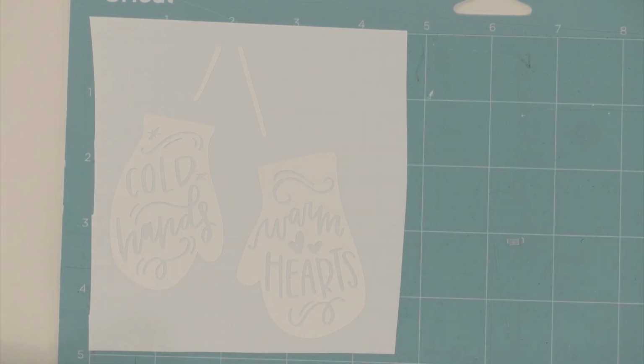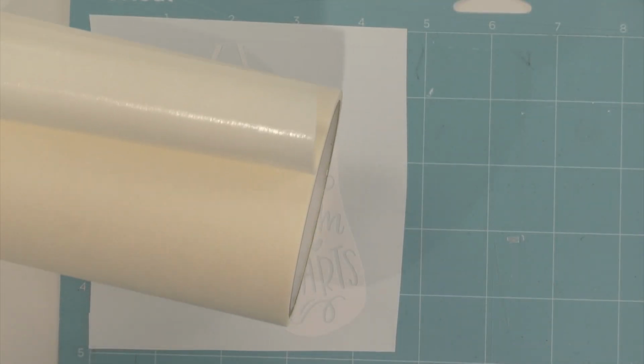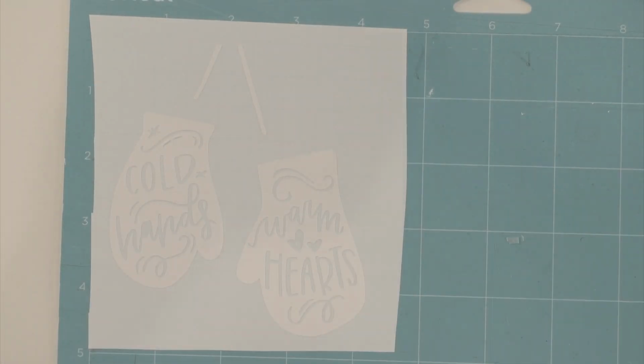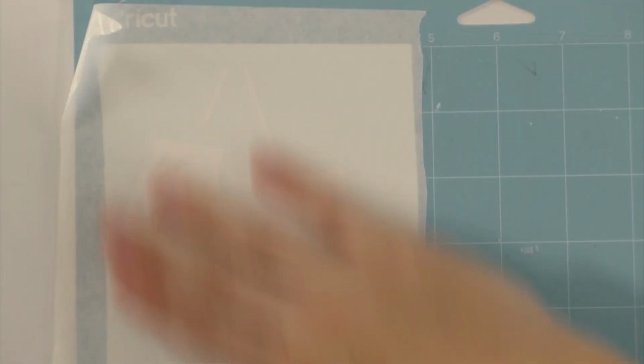And now what we're going to do is I've got my masking paper transfer tape. I'm going to cut off a little bit that got kind of fuzzy because that's not going to help us stick very well there. I'm going to cut off a little piece here, and I'm going to lay it down on our project. Go ahead and burnish that with your hands a little bit. And then I always flip it over and go with gravity when I pick things like this up, peel my mat up and not the project. And I'm going to burnish from the back